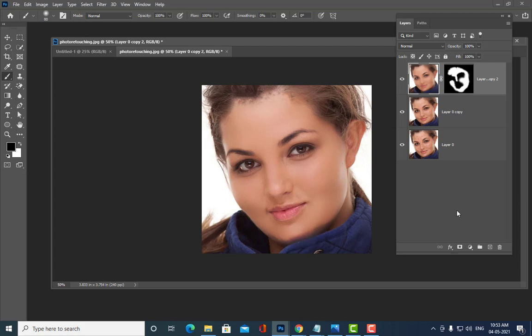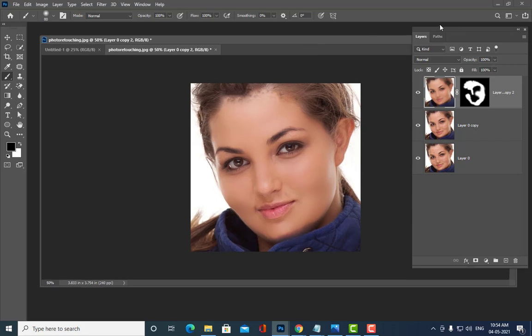Understand this glow. Where can we find glow actually? You can see some fashion models on magazine covers, their faces will be glowing. And not only that, in wedding albums also, we see the girl's face glowing a lot. So we are going to add that type of glow to this girl also. Let us see how we can do that.